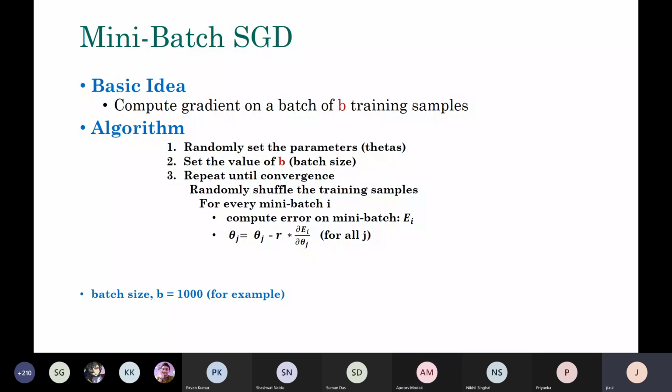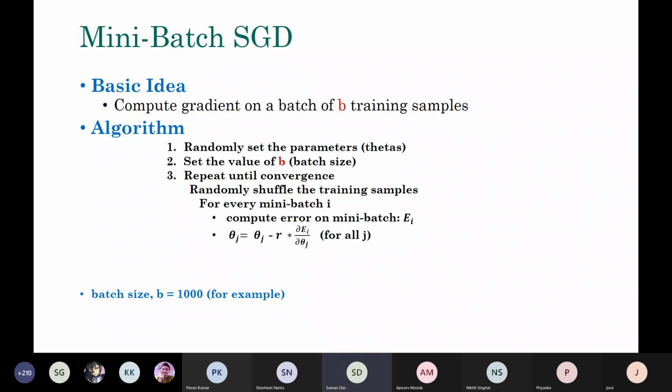But there are two modes of doing these things. That's called synchronous and asynchronous. In synchronous, see, for example, you have say 5 thetas, theta 0 to theta 4. Now theta 0 you have computed. When you're computing theta 1, you may want to use theta 0 that you computed last, the latest updated value. If you want to do that, then your error function will change a little bit. The mode that you are referring to is called synchronous, in the sense that from the previous iteration you are using all the theta values. But you are absolutely right, there are two ways to do it here.